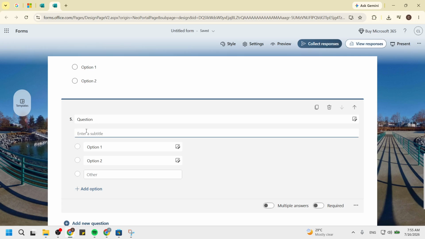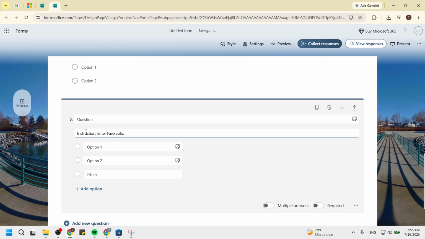Now type your custom instruction. This is the moment where you can specify exactly what you want your respondents to do. For example, if you want to ask for their favorite color, you could write, "Please enter your favorite color below." This text displays prominently, ensuring that users see it before they answer. Customizing this instruction is vital because it clarifies what you are asking, reducing confusion and improving response quality.